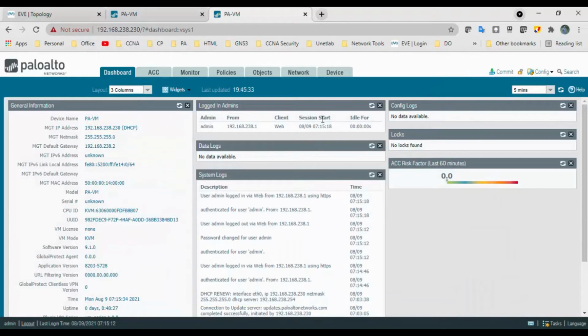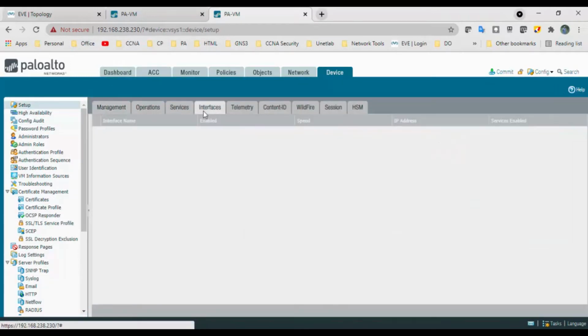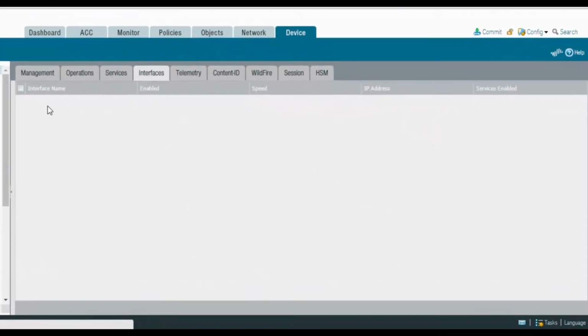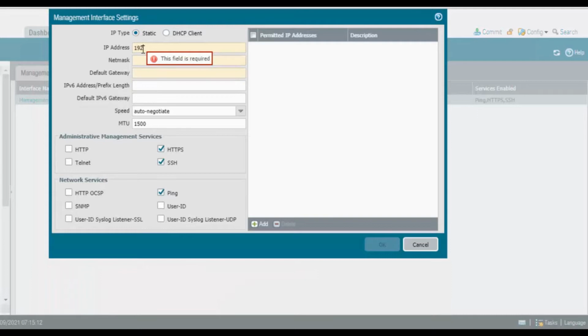Okay, so first, what we will do is go to the device, then setup, then the interface, and change the DHCP IP address to the static IP. The static IP address is 192.168.238.230 with a /24 subnet mask, and default gateway is 192.168.238.2.